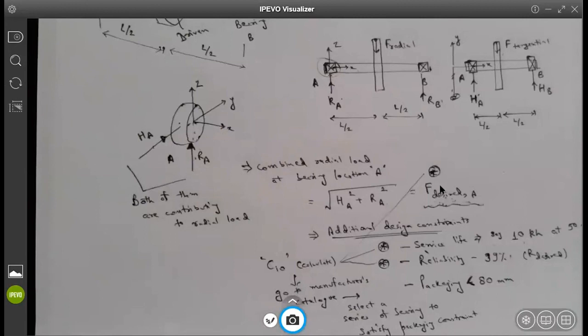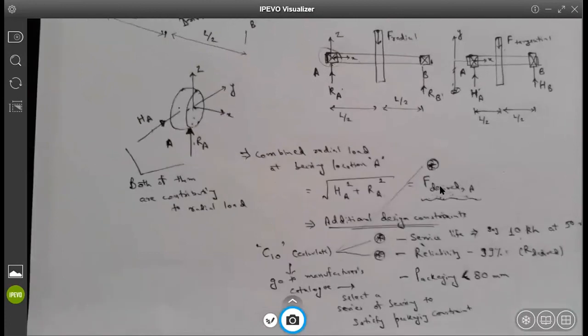If we complete that example, then we will be ready with bearing selection for any application. Whenever you go and have to work with bearing selection, you probably know what to do thereafter. But we will take that topic in our next lecture. Having said that, any questions or concerns so far, anything that you are not following or not able to understand?